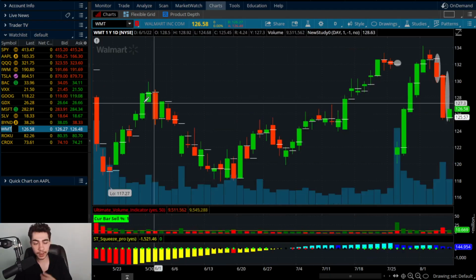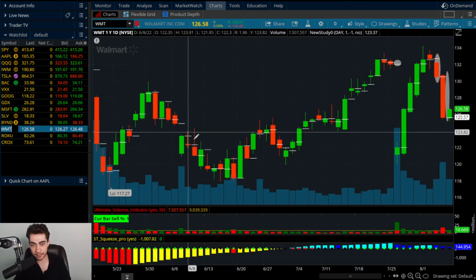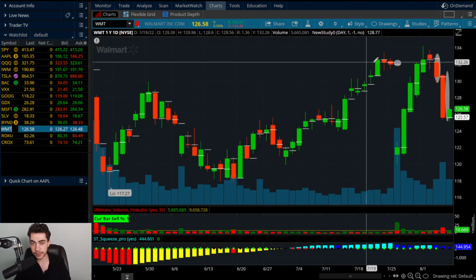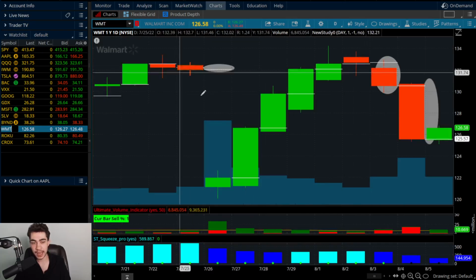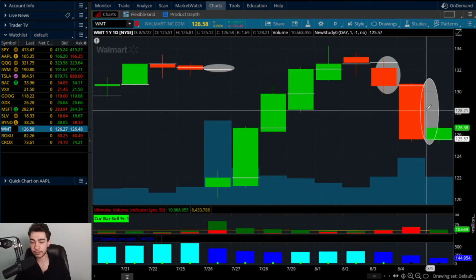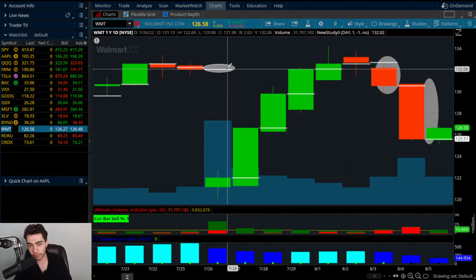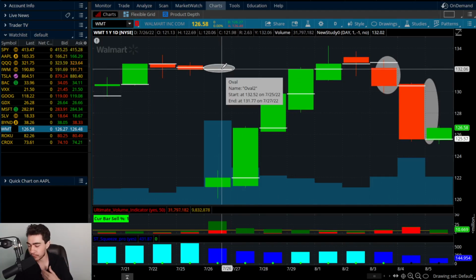Take a look at Walmart here. It gaps down, it explodes up, almost fills this gap, has a reversal. Fills this gap, has a reversal. Gaps down, overreaction to the upside, fills the gap, has a reversal. What did I also tell you about Walmart in my videos? I told you if 132 reacts as a resistance, right here at 132,